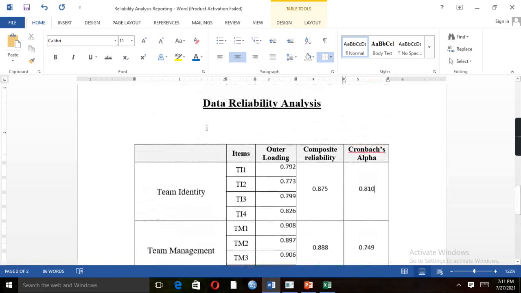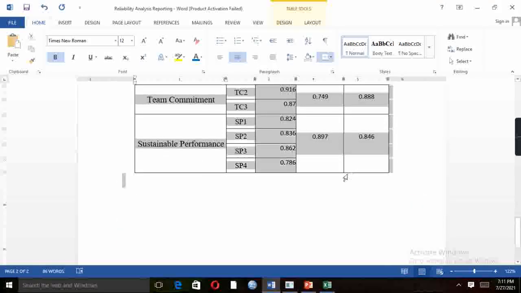So the next step is that we need to set the table as per the requirement. So select the table.